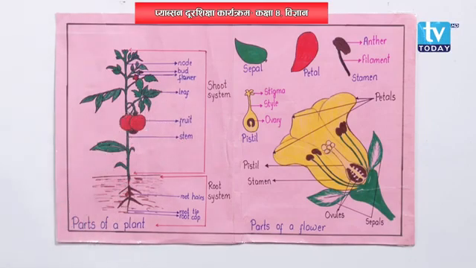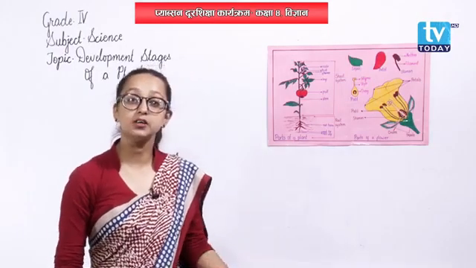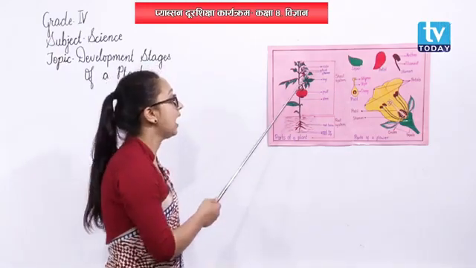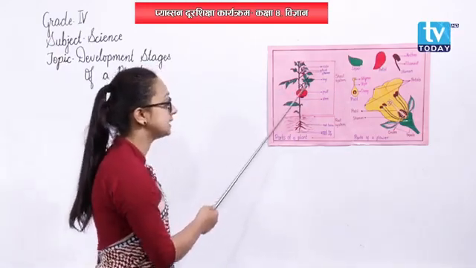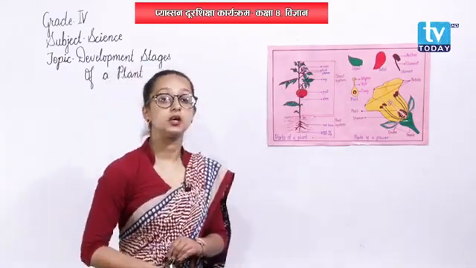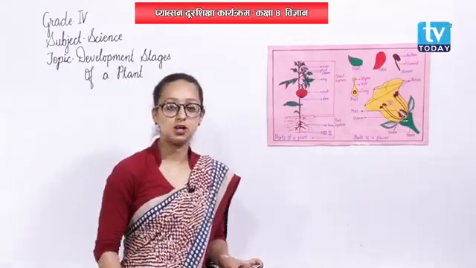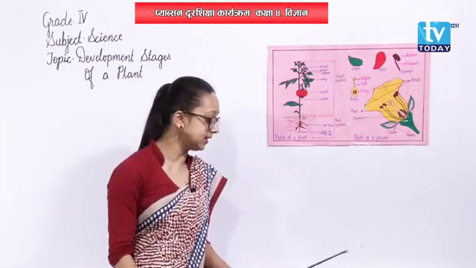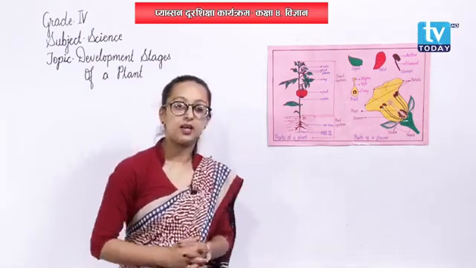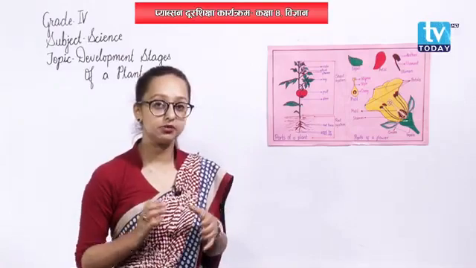Similarly, moving on to leaves, the next part of a plant. Leaves are the green parts of a plant. Here I have colored the leaves as green, isn't it? Leaves are usually green in color. What makes leaves green in color? Do you have any idea? Well, remember what we learnt in grade 3 also?